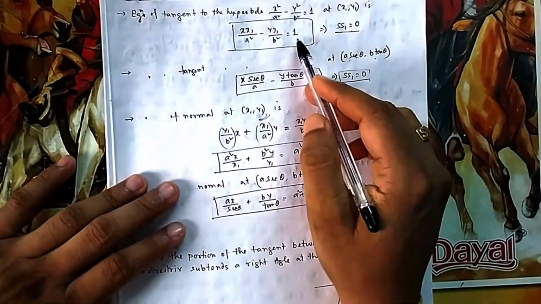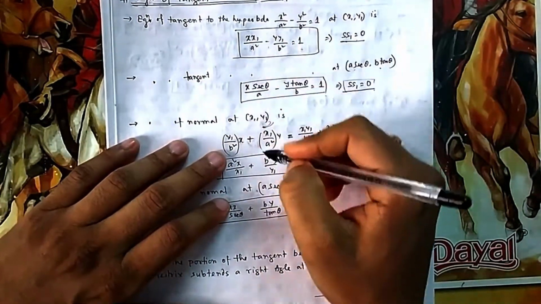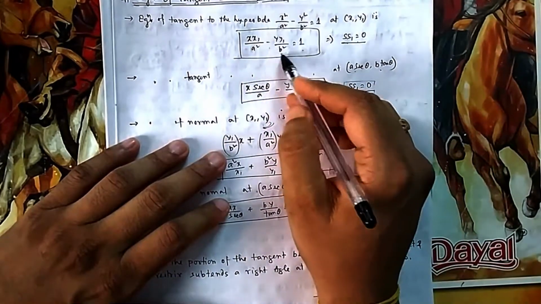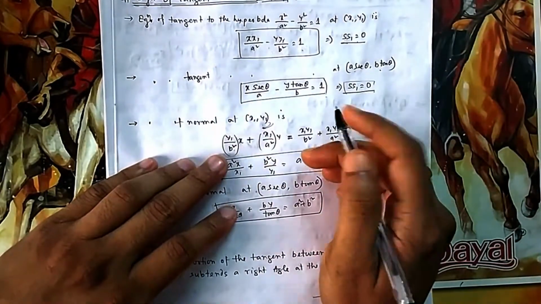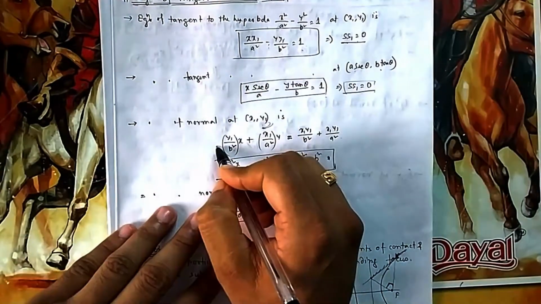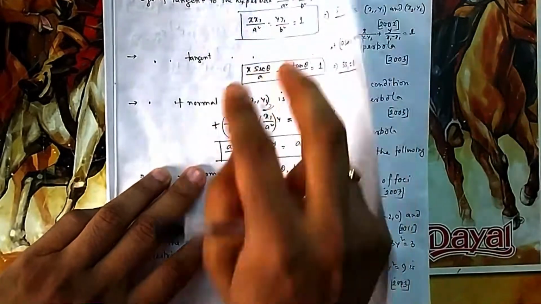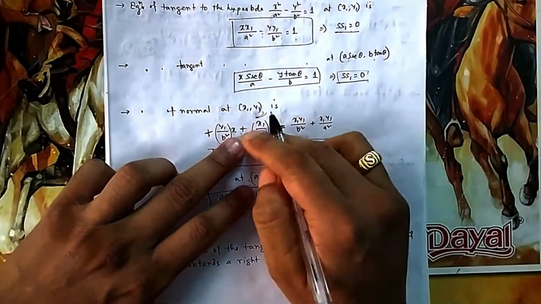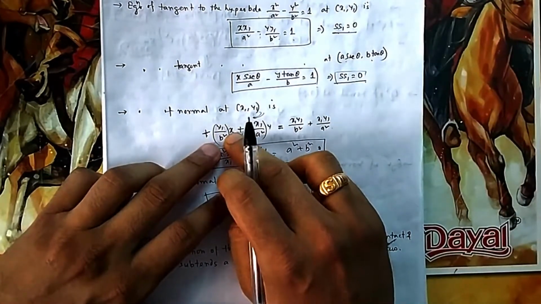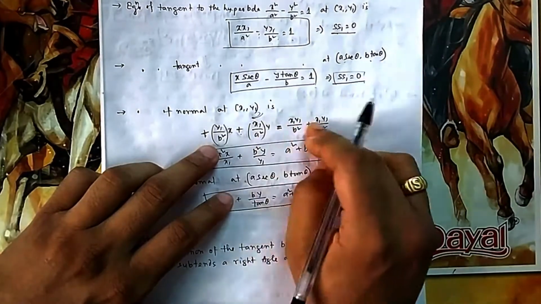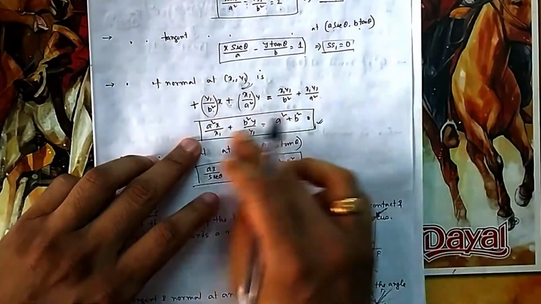So normal, I told you, if you know tangents, then you can find normal. If you know this tangent, what is the perpendicular line of this one? You change the coefficient of x and y. So the y coefficient is y1 by b square, here the x coefficient is x1 by a square. Now you have to change any one of the signs. So I changed the sign of this one from minus to plus, and this one I kept plus. It was minus, but I changed it to plus because you have to change. First you change the coefficient, then you change the sign. That should pass through this point. So if you put this point, it is x1 y1 by b square, y1 x1 by a square. So this should be the same, so that it satisfies if you put this. Now from here, if you simplify it, in some books they may give this one.